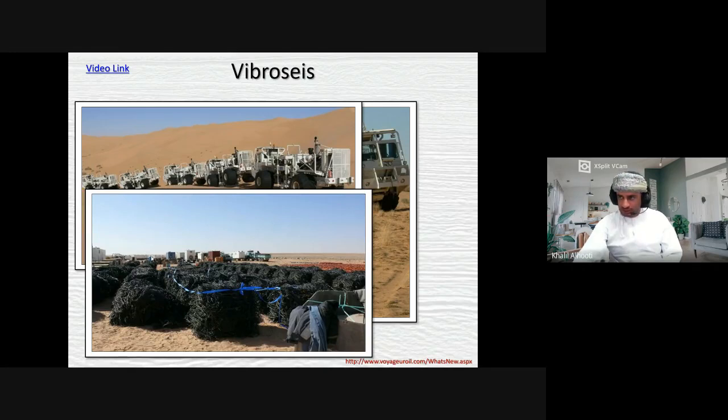Seismic crew usually is not attached to the base camp. And in every oil industry, there is a base camp, like let's say Khuwair field or Natah field or whatever fields you probably may have some of your relatives working there. They say we are going to Khuwair. Seismic crews, they are not attached to the base camp. They are separate. They try to be very close to where the operation is,